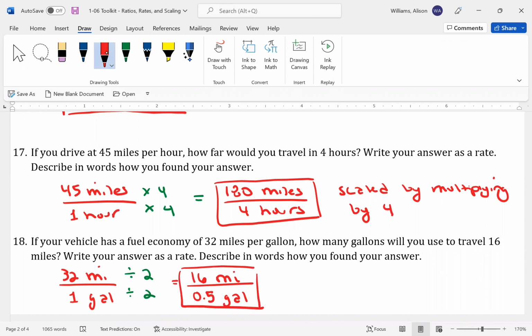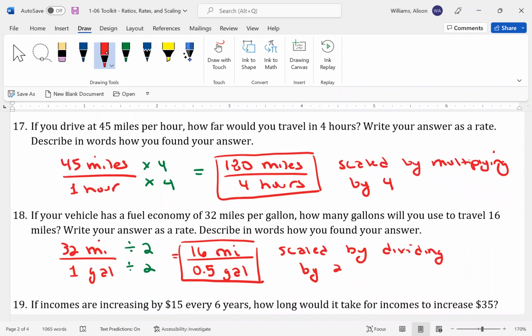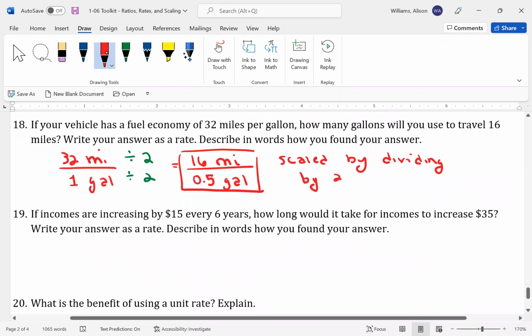So how did we do it? We scaled this time by dividing by 2. And I went ahead and wrote the denominator as a decimal because that made sense. I could have written 1/2. That wouldn't have been terrible. But when I'm writing fractions, I typically like to switch to decimals instead of having fractions in a fraction. Okay. If incomes are increasing $15 every 6 years, how long would it take for incomes to increase